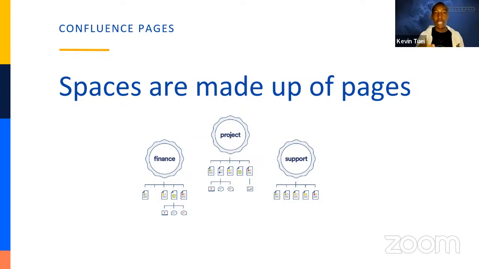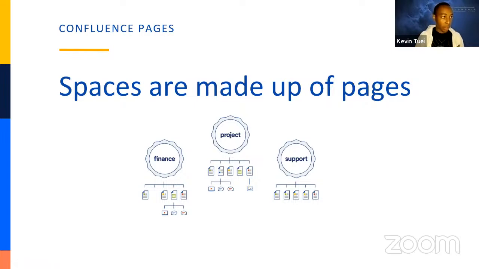What that means is, when you bring pages together and put them in one place, you have what we call spaces. So pages can be the documents, as you can see here. They can be an embedding of videos. It can even be meeting notes. Let's say, for example, if it's support in this case,